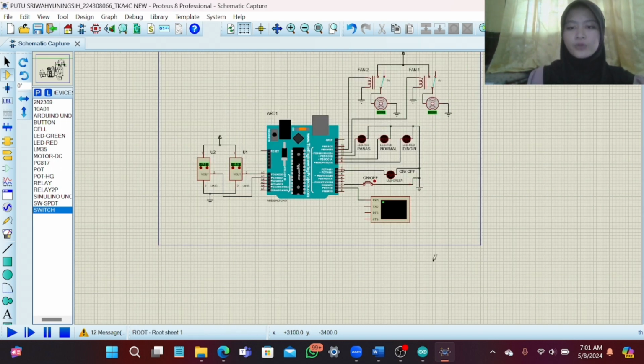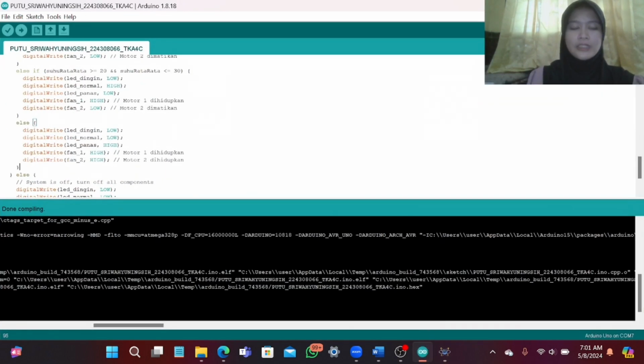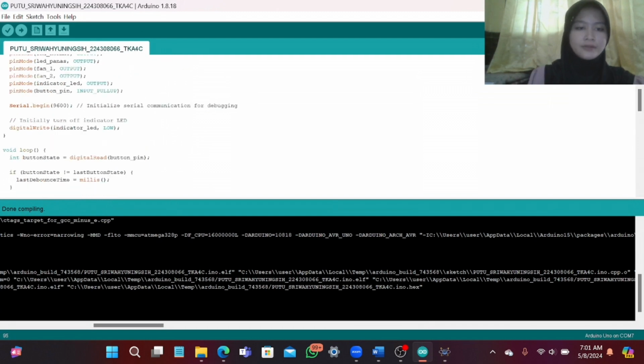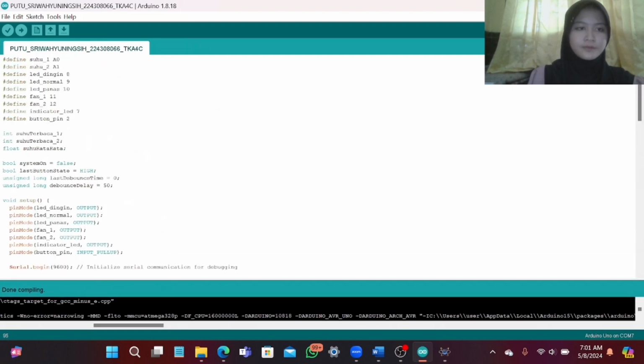Next is to analyze the coding in the Arduino IDE. In the first part, the define lines contain the pins used in the program. It gives a more descriptive name to each pin on the Arduino Uno, such as temperature 1 and temperature 2 for the temperature sensors, LED cold, LED normal, and LED hot for the LEDs, and so on.